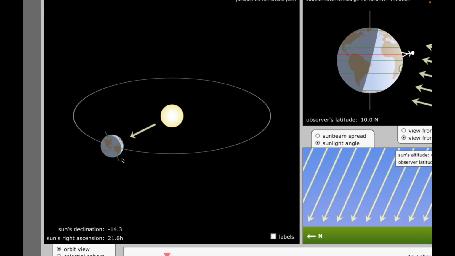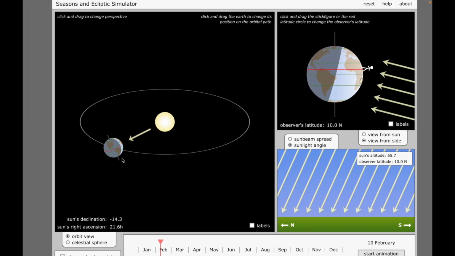Now let us observe in this animation different facets. I've positioned an observer on 10-degree latitude on Earth. This is the equator, that's the Tropic of Cancer, and this is the Tropic of Capricorn. That's the Arctic Circle, and this is the Antarctic Circle. And you will see that the angle of incidence of light from the sun changes as we go around the